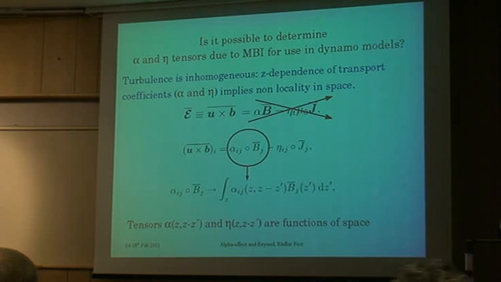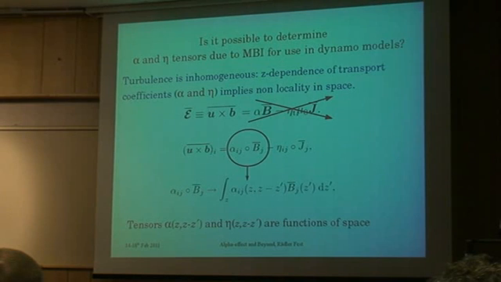What we have to do is write this whole thing in terms of convolutions, which are defined by this integral here. So these alpha and eta tensors are not simple scalars anymore, but they are kind of Green's functions here,